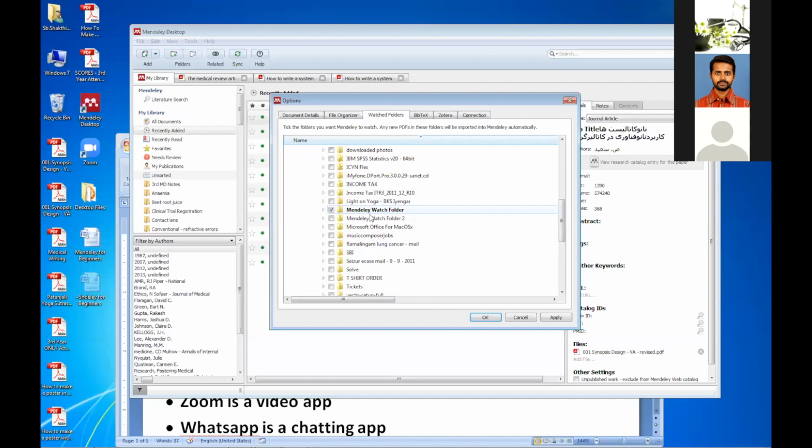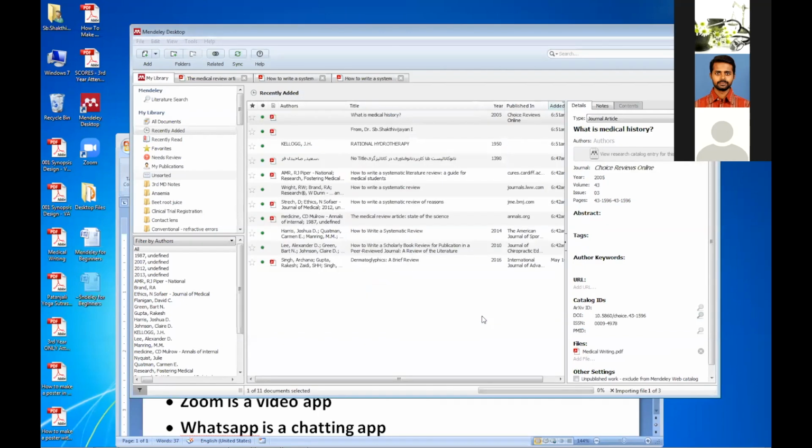Okay. I've chosen this. I have created a folder called watch folder, but you can have anything. You can have my documents, my research documents, naturopathy books, yoga books. You can have any folder, choose it and give OK.